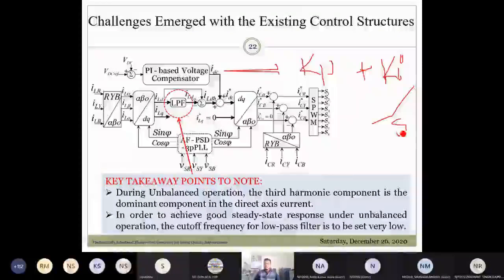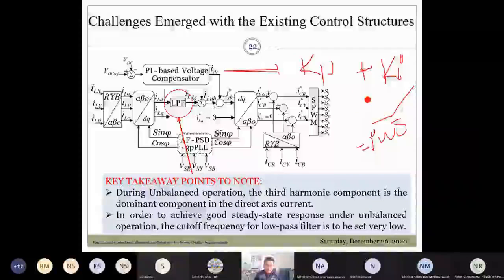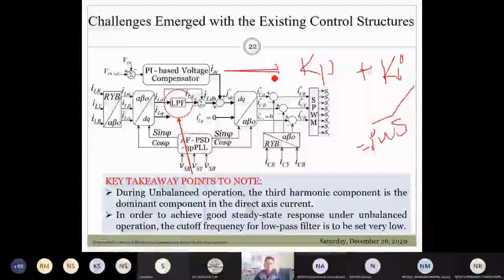So here, as I said, it has a pole at the origin. S is nothing but jω, where ω is nothing but 2πf. What is the frequency in DC? That is 0. So that is 1 by 0, which gives you infinite gain. But you need to understand that the PI controller introduces infinite gain only when it is exposed to